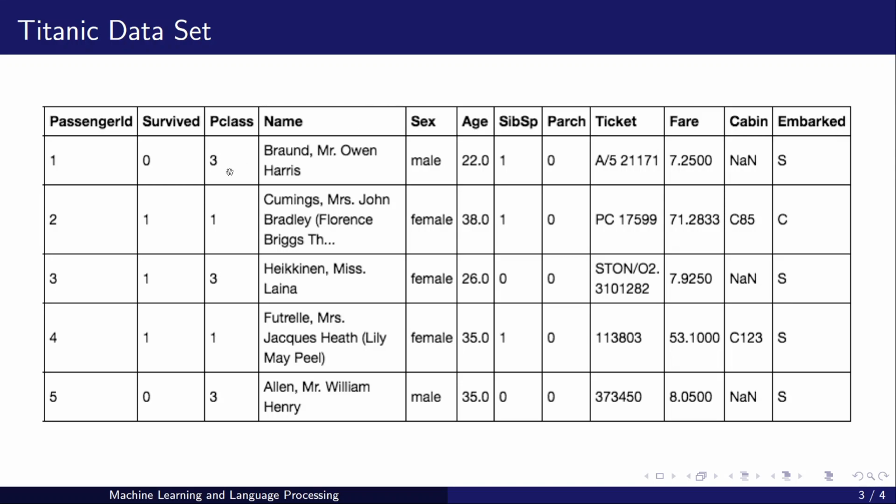So passenger class belongs to 1, 2, or 3. Survived data can be 0 or 1. Then name, male and female, again two entries in this field. Age is a continuous sort of value. Then this can have any values like 0, 1, 2, 3, etc. Siblings or spouse. Then parents or children.